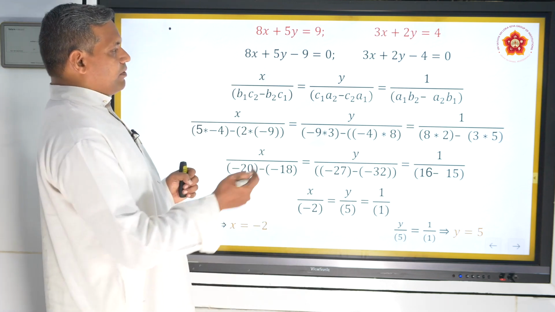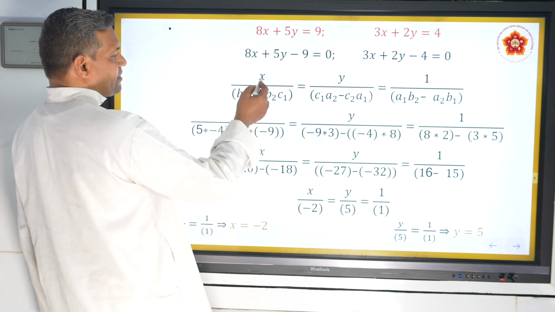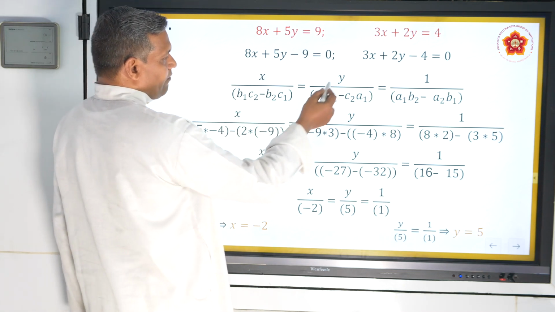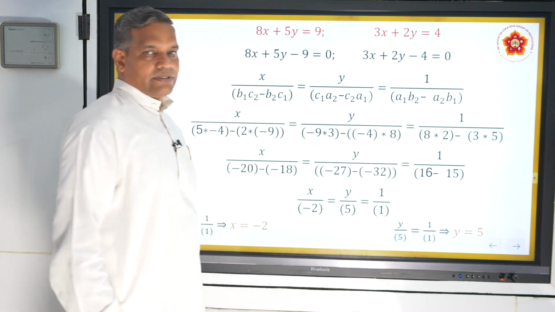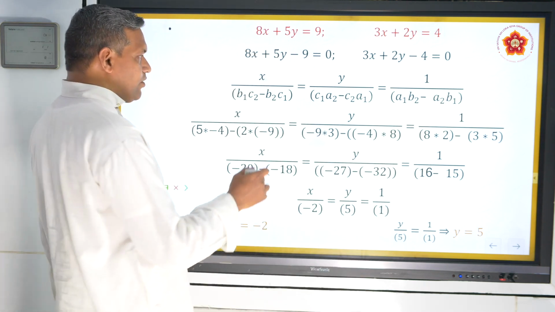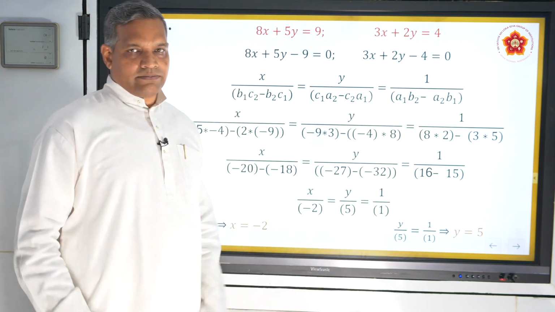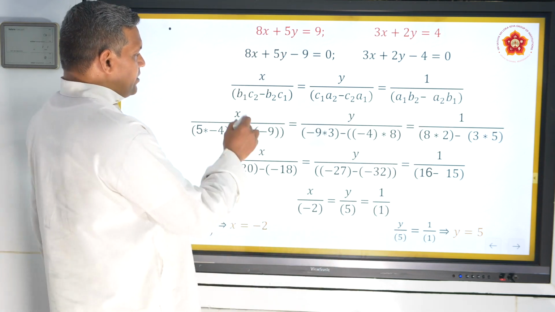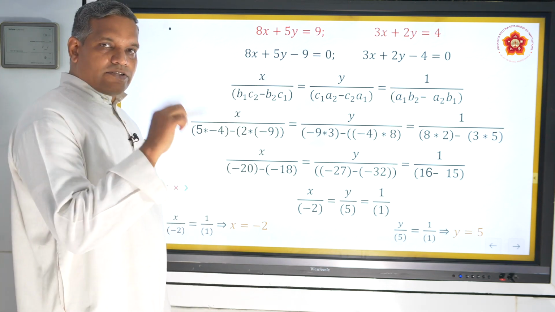So you know this formula now. In the last slide I made you learn it by heart. X comes BC, BC. Y comes CA, CA. 1 comes AB, AB. Simple it is. Now what you do, 1 2 2 1 1 2 2 1, you write, finish, your formula is done. Then you just write x divided by, as I gave you in the first class itself, that means the last video.